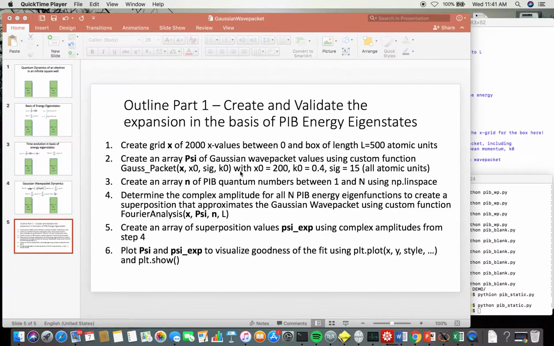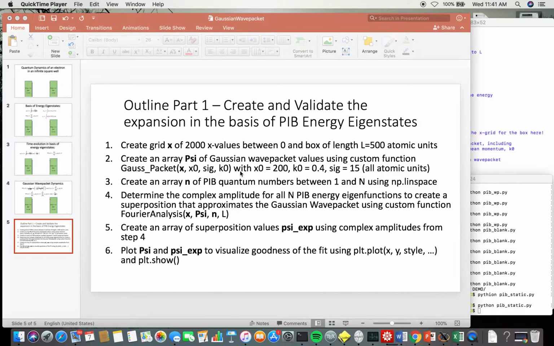Welcome to part B of Foley Lab Tutorial 7. So this is demonstrating a couple of features of Python, and in particular what we're going to do is look at Gaussian wave packets and their dynamics. There was a part A that kind of gave a little introduction to the physical features of this problem,